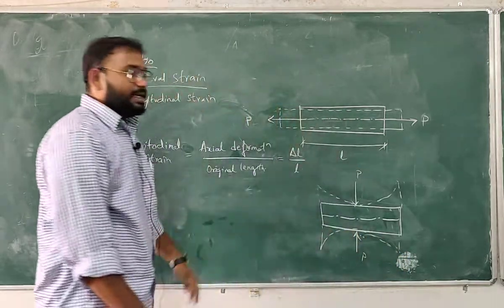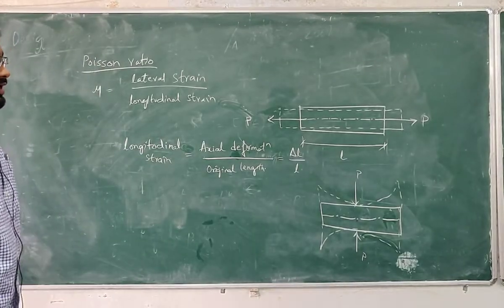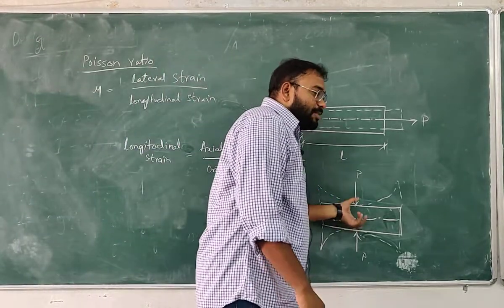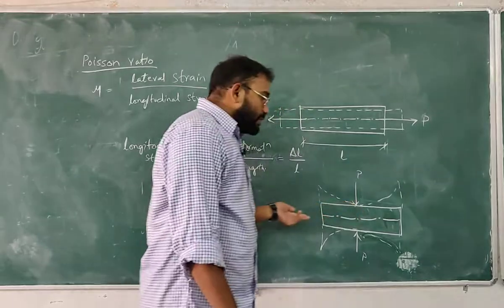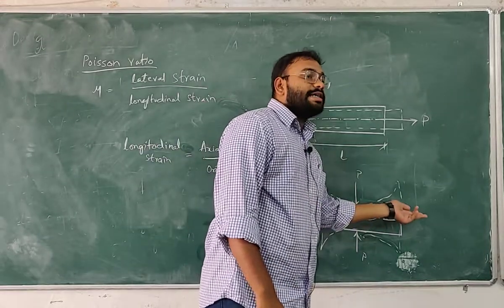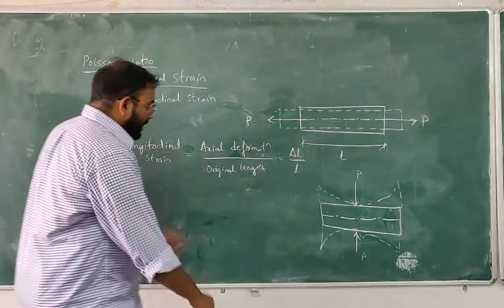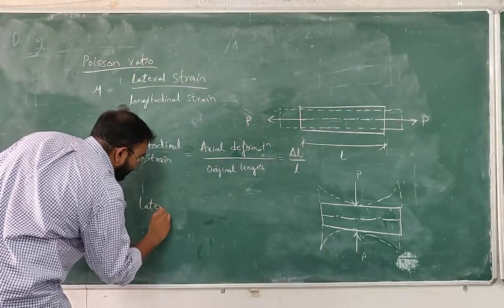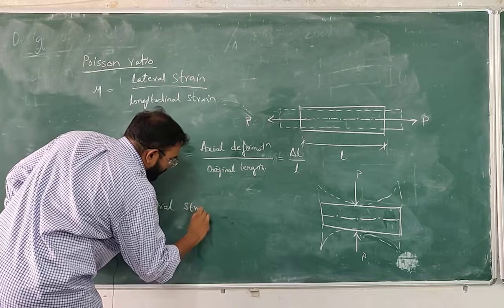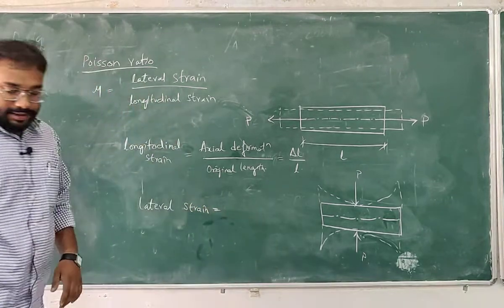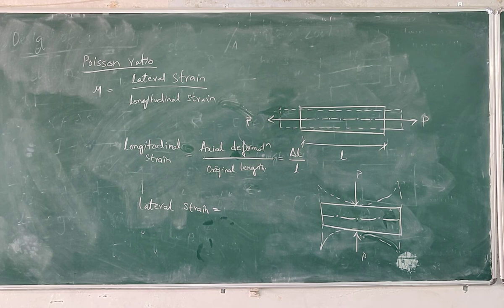This is the deformation taking place. Okay. Where you have the load, there will be the maximum deformation. Now also this deformation is perpendicular to the axis of member. Also the load applied is perpendicular to the axis of member. So this type is called as lateral strain. Lateral strain. Please write the definition.